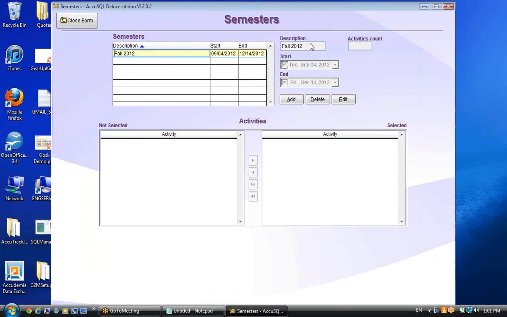That's an old one, but I want to use one that includes today. And remember, AccuTrack, when it opens, it looks for what today is, and then it will load any of my activities that are on my selected side. Now, I don't have any activities to put on my selected side because I haven't imported them yet, but I know when I import and I have a current semester, it will automatically put them all on my selected side. Okay, so I'll go ahead and make this Spring 2013